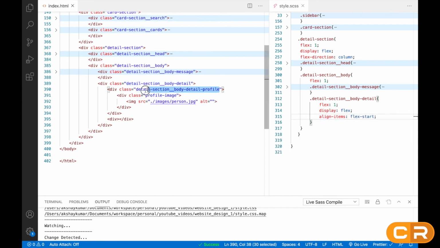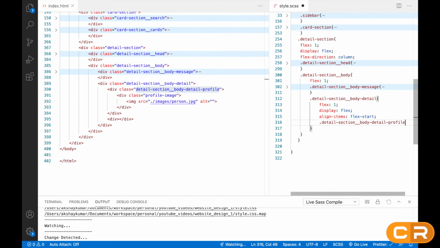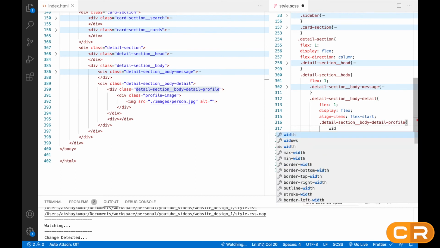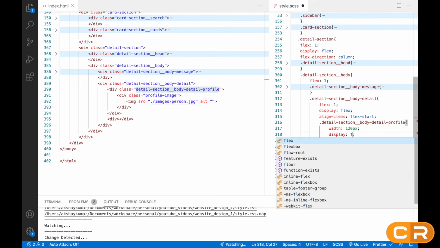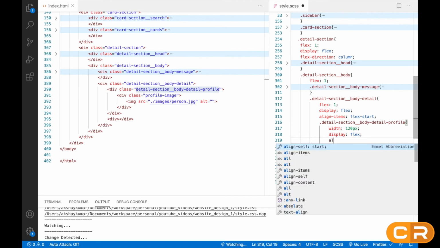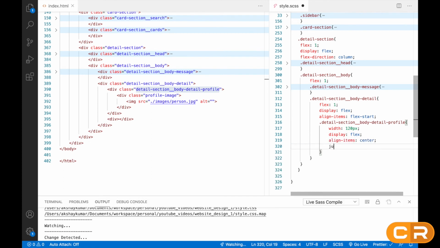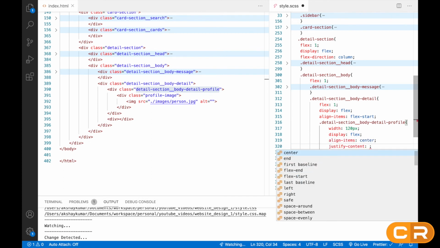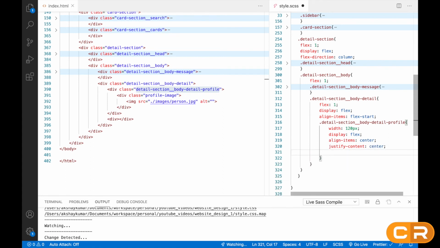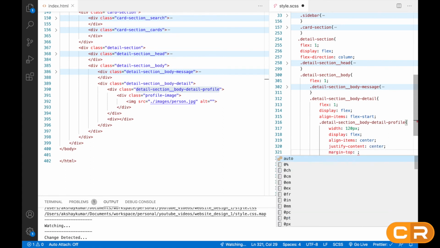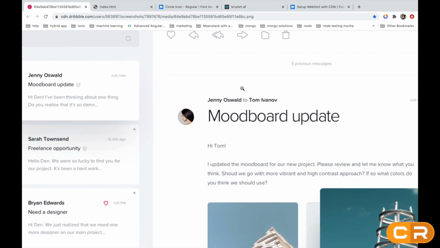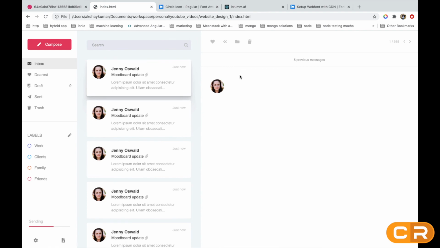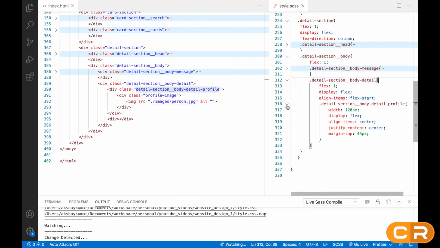And for this profile section, we have to give width 120 px, display flex, align items center, then justify content also center, and margin top, this will be 45 px. So we need some space. See this space. So like this.